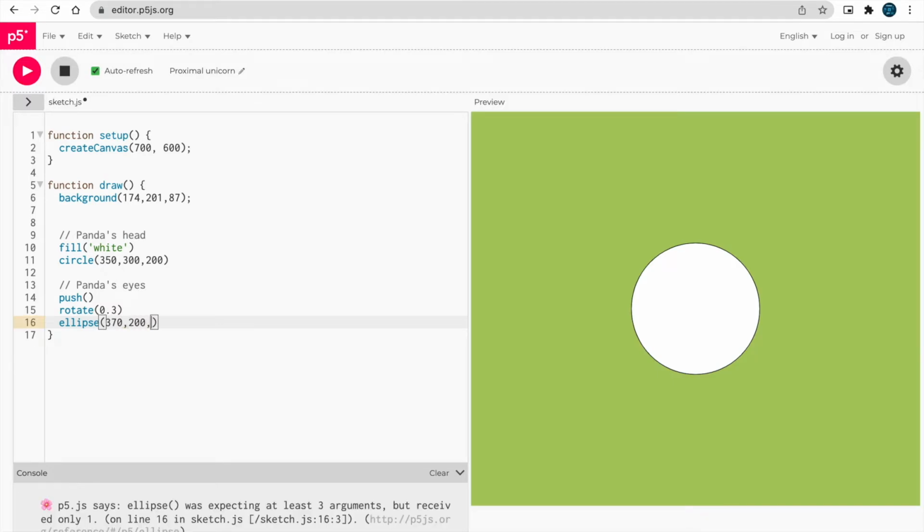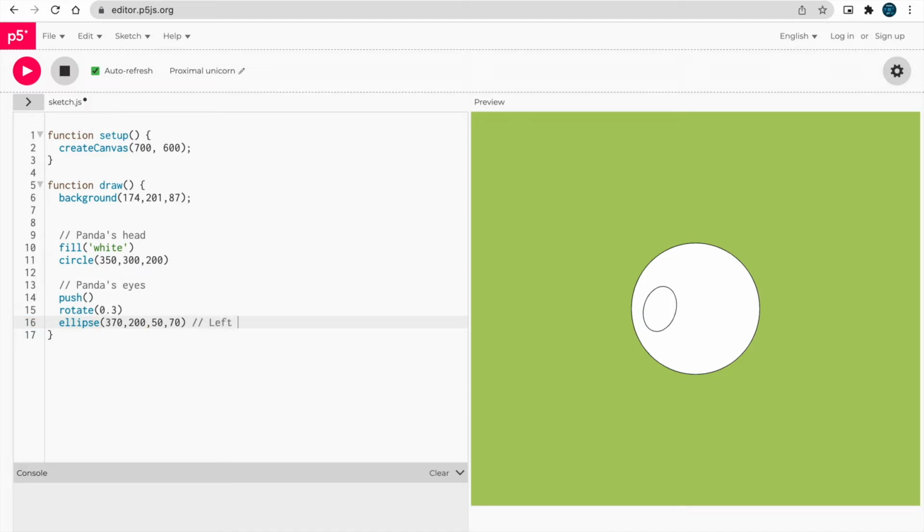These are the coordinates for the ellipse. This is the left eye spot. After doing our rotation, we must end this with the pop command, so it will return everything to normal.